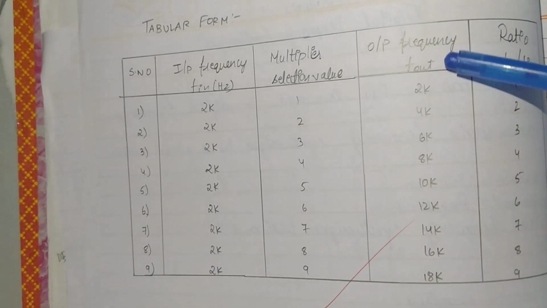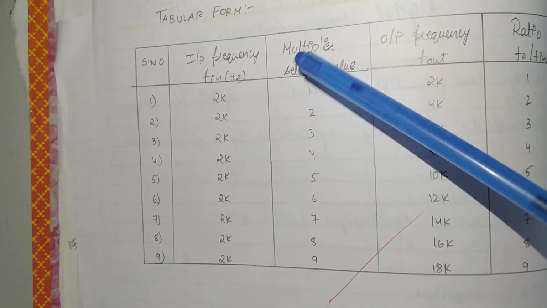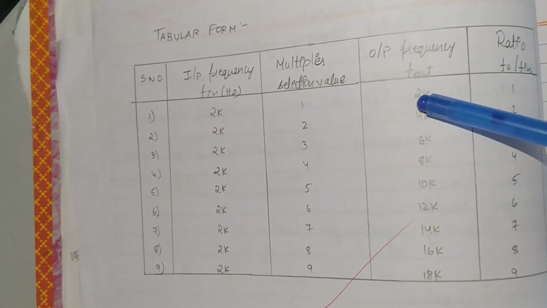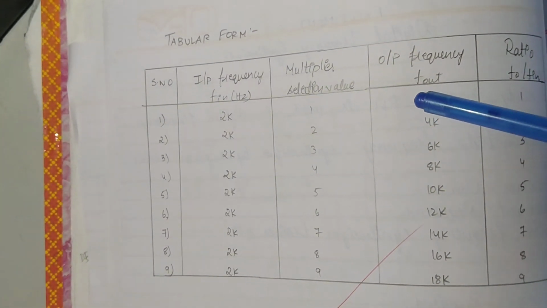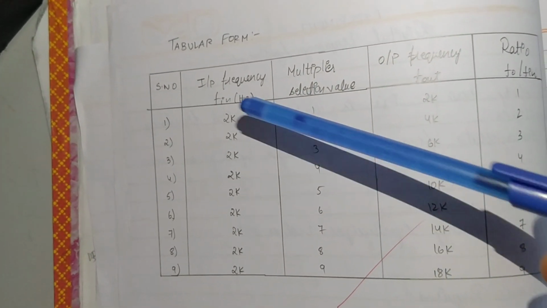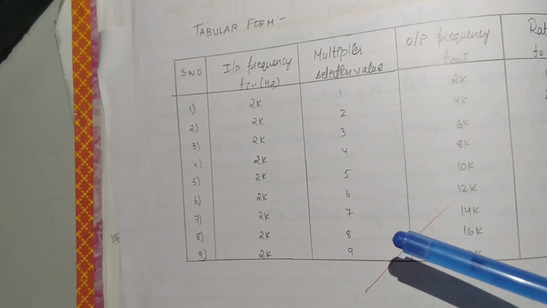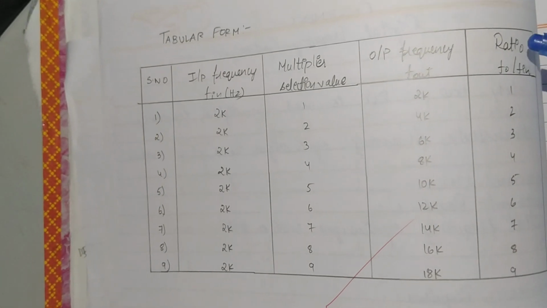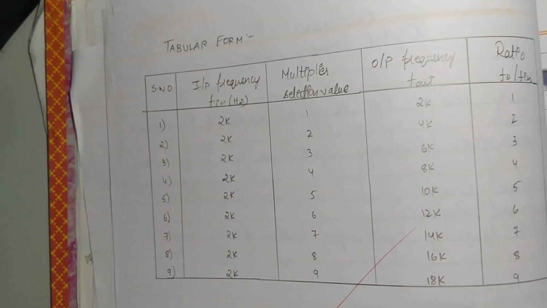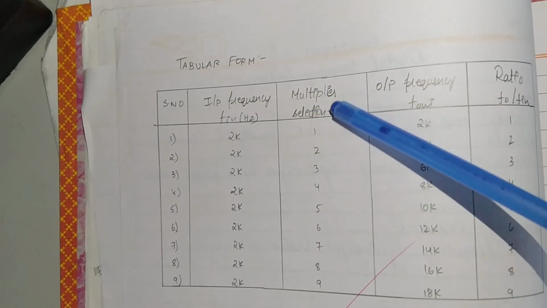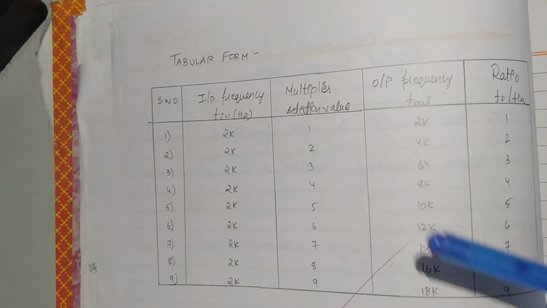So correspondingly the output frequencies are developed, which are multiples of the input frequency with this particular selector switch, right? So this is the way we are going to get the output frequency as multiples of the input frequency, which is the main theme of this particular DFS, right? Even if you evaluate the ratio of output to input, you are going to get the same value, whatever the multiplier value from the decade counter you are going to obtain, okay?